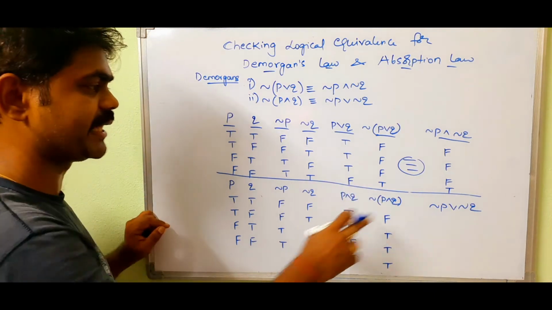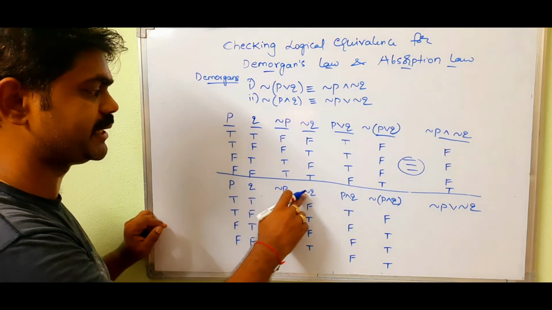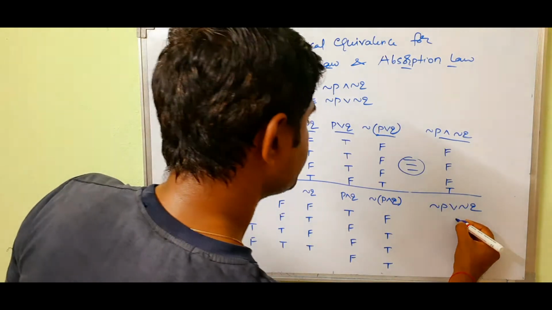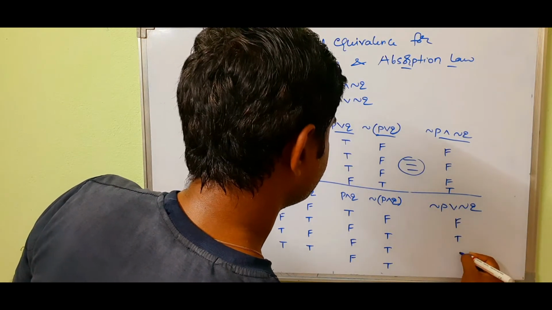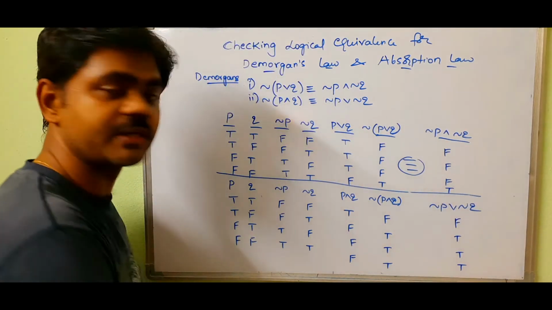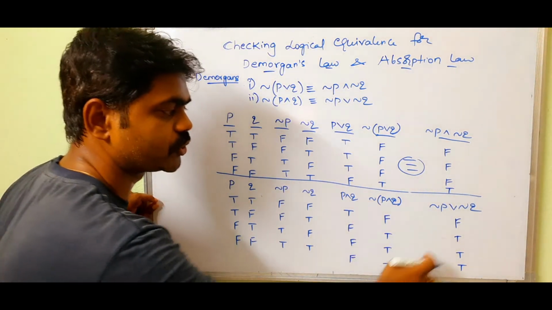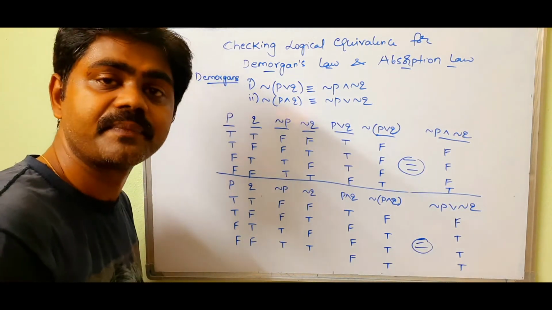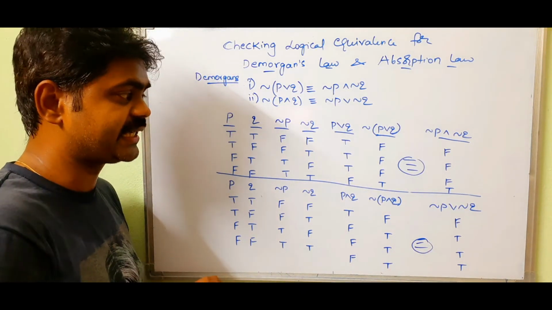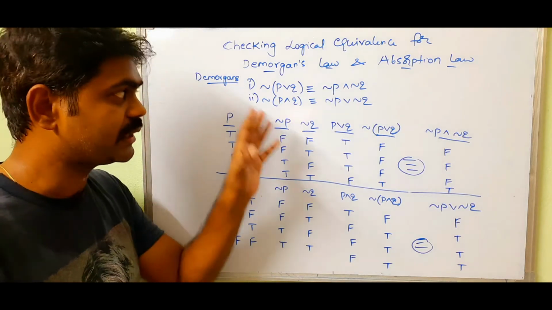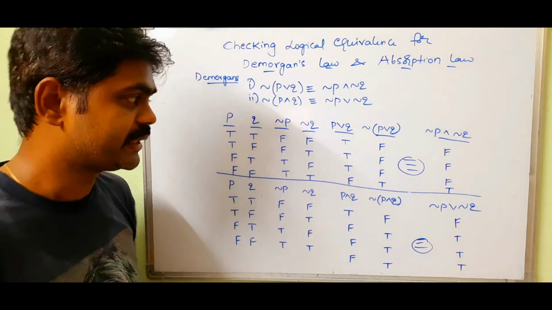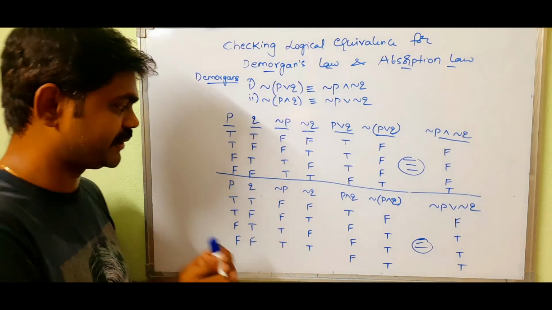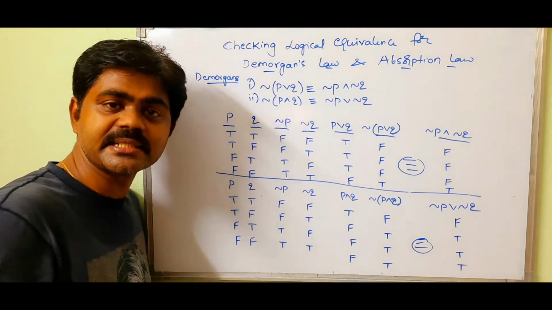Okay. So what about negation P or negation Q? If either one is true, it will be true. So false, true, true, true. If you see these two values, false, true, true, true, and false, true, true, true, both are equivalent. Now if you see carefully, we have solved these two, and it will be exactly a mirror image. Mirror image in the sense of opposite, right?